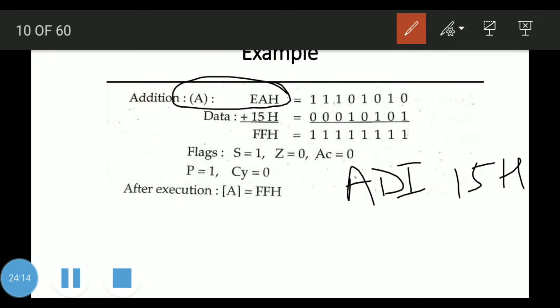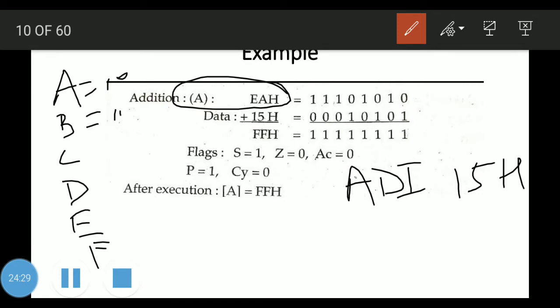Now I will convert E. What is E in hexadecimal? When we use A, B, C, D, E, F, simply remember A is 10, B is 11, C is 12, D is 13, E is 14, F is 15, right? Okay, this is a previous revision that you have done in your 11th standard. Now we have E, so E is actually 14. So how is 14 represented?